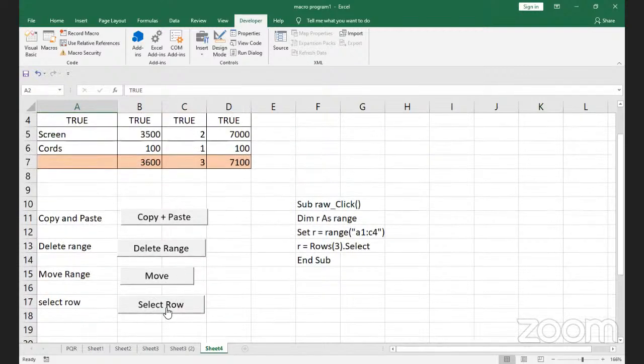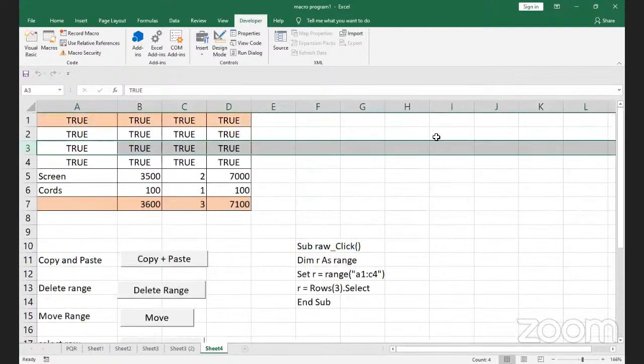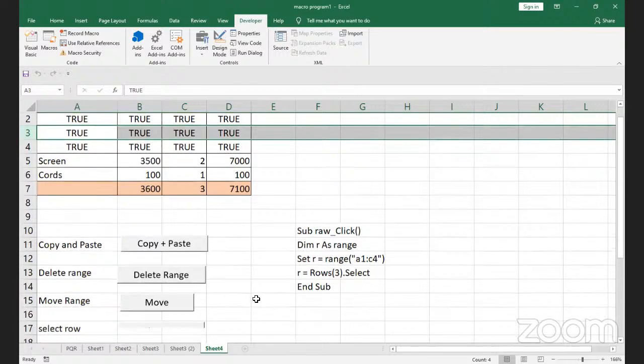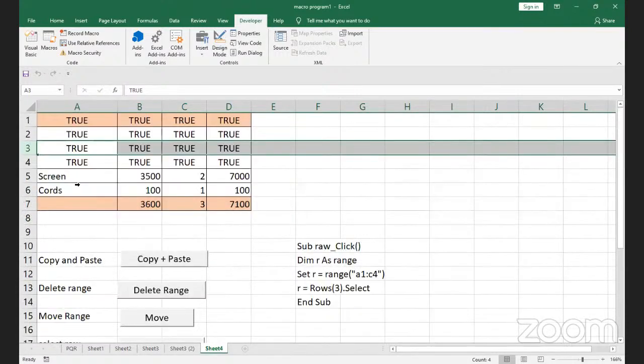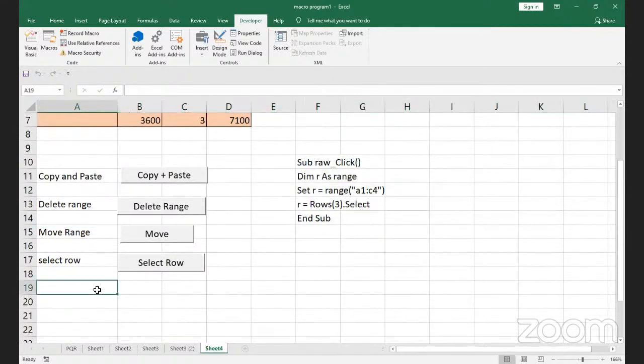This macro is to select the row. That's all. Third row will get selected. Now we'll select the column. It doesn't matter what is written here. Okay, we don't need to care about that because we only have to look at select row. That's all. Then select column,